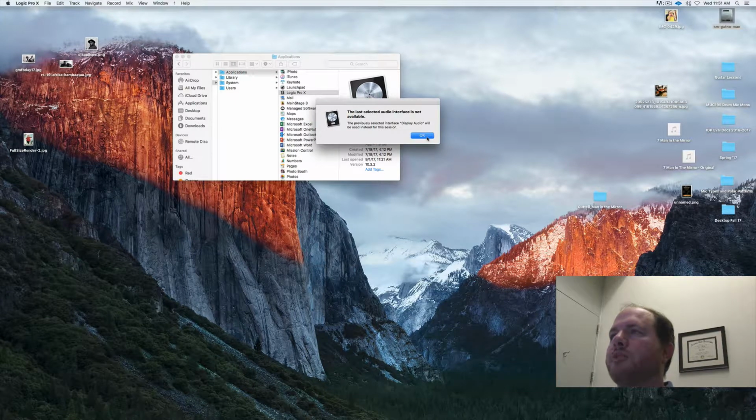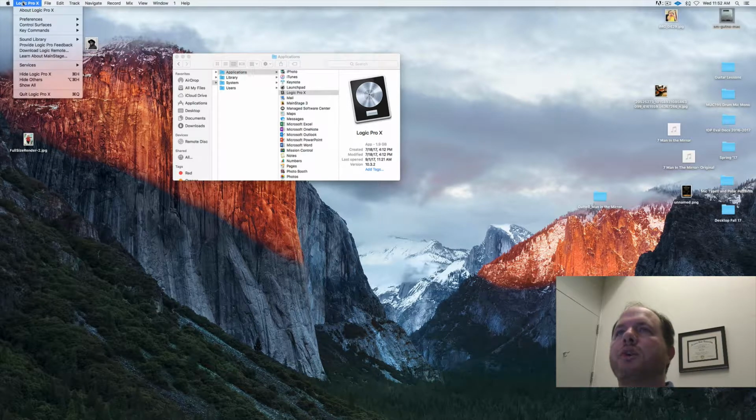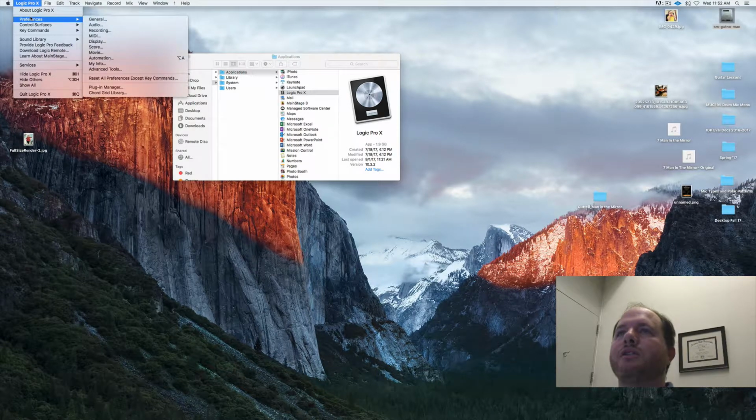Okay, I'm just gonna go with my display audio. Yours might say built-in. And I have mine set to do nothing when it starts. So we can go up here to our preferences, and you only need to do this the first time you open